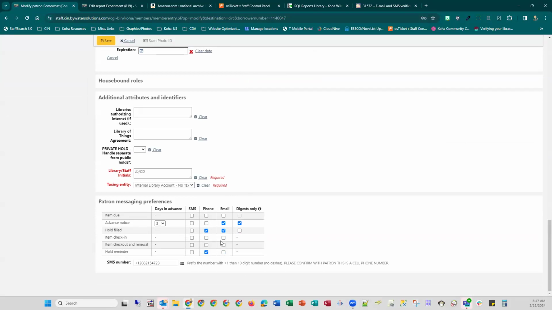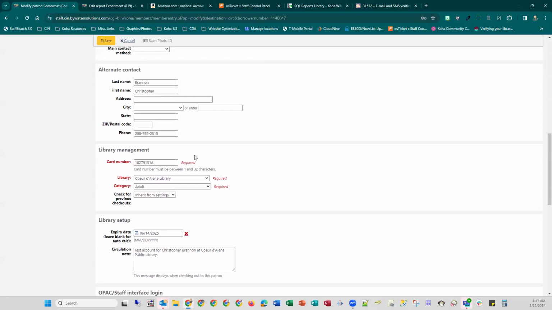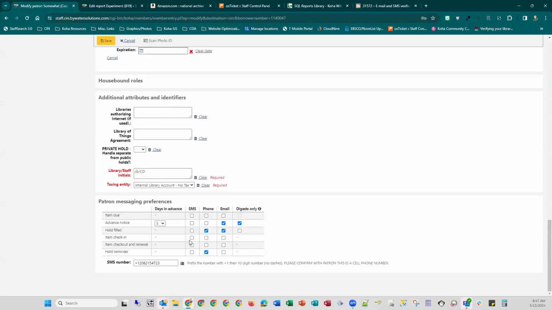Usually I won't touch it unless they have a text number or something. Maybe, because we have the phone system now, if there's no other option, I'll clear out all the email flags and put the phone flags in its place, especially if I'm taking out the email address. If it's one of the others, like they're full or there's something minor going on, kind of hinky, I might not touch it, but where I am removing that email address, definitely we want to keep getting notifications to them. So I will change